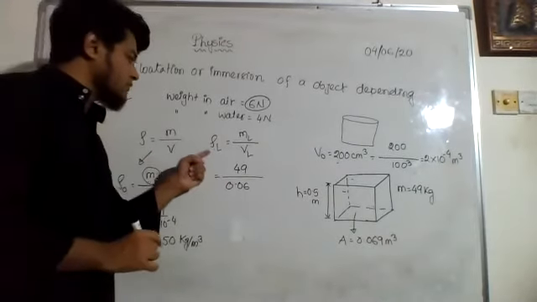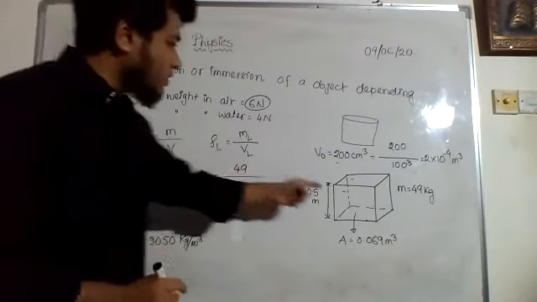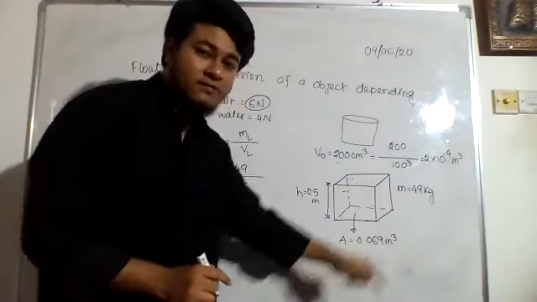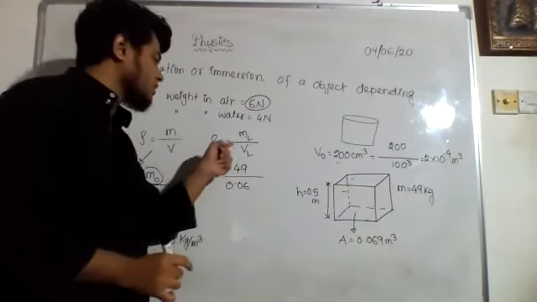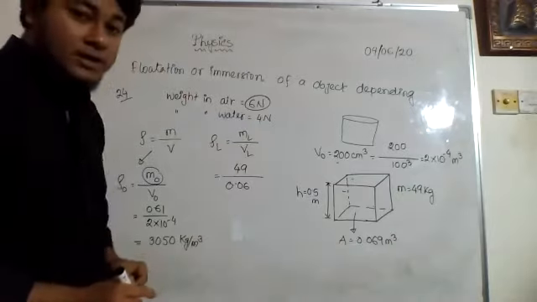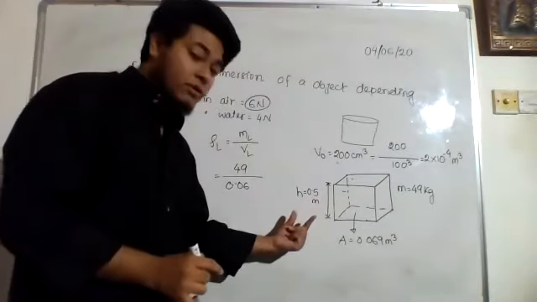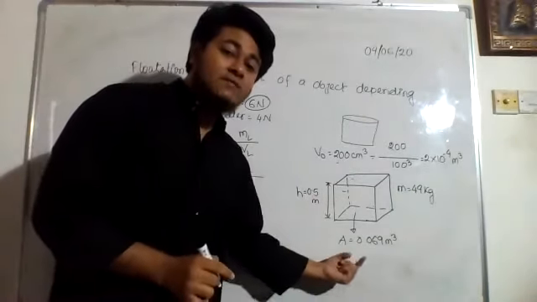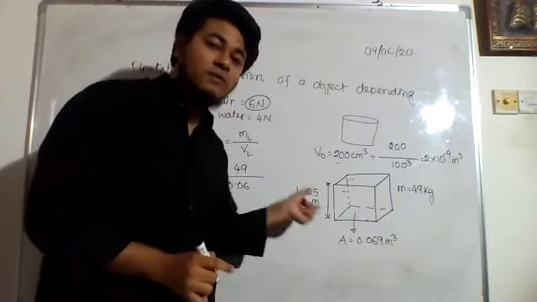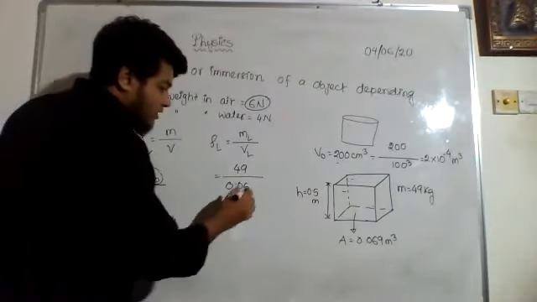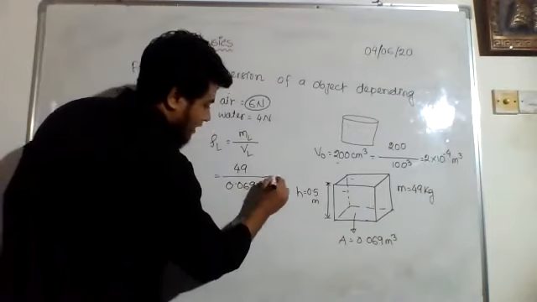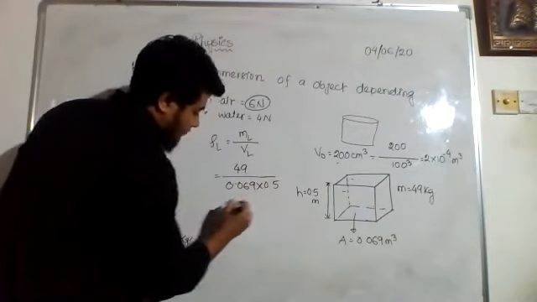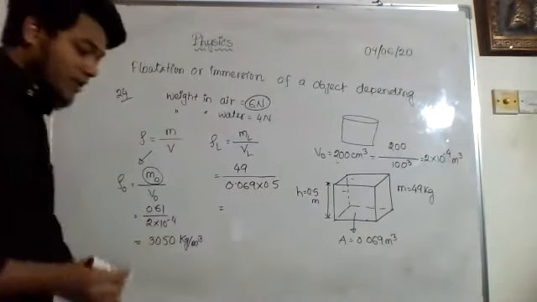Let us find out the density of the liquid now. To find out the density of the liquid, I must know the mass of the liquid. The mass of the liquid is directly given as 49 kg. So we put the value here. Now I need the volume of the liquid. I do not have the volume of the liquid directly. Rather, I have the area and the height. So if I multiply area and height, I will be getting the volume. So area into height, that is 0.5. So calculate this value and let me know the answer.